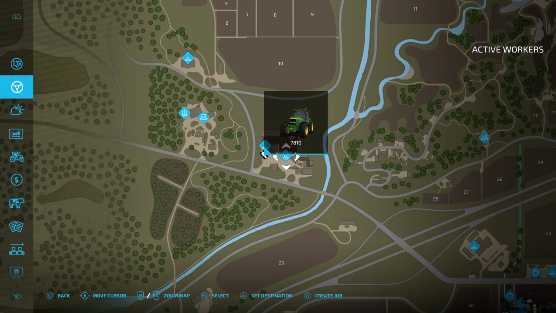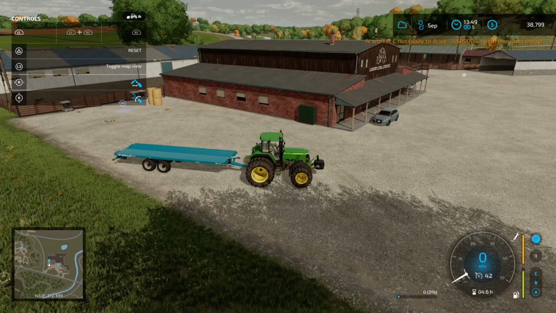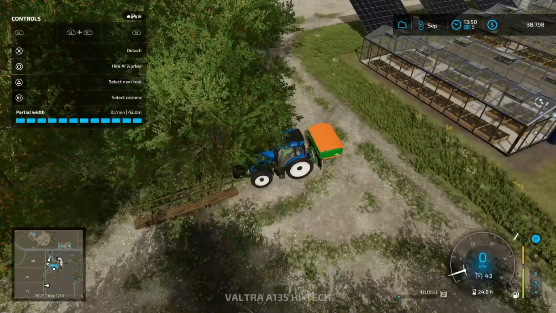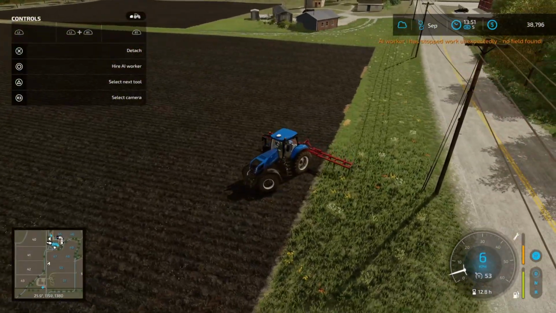All right, let's get this guy back on a worker, because I couldn't be bothered driving him. And not in transport mode. All right, so reset transport position. Let's go down that way. Okay. Right, where's our subsoiler? Okay, what I'm going to do is I'm going to go and plow the section of field that I want